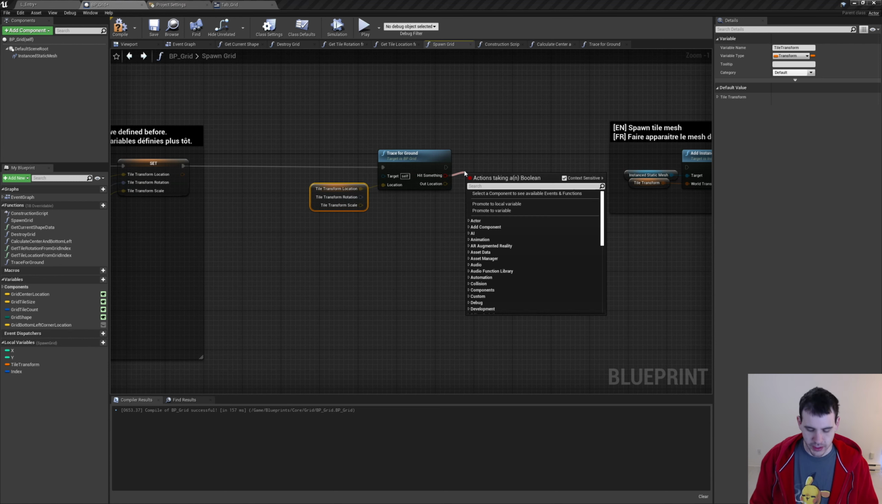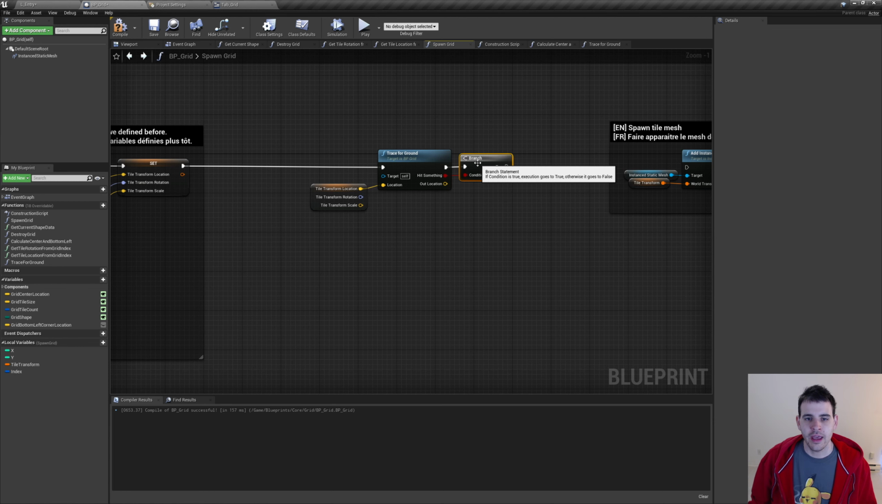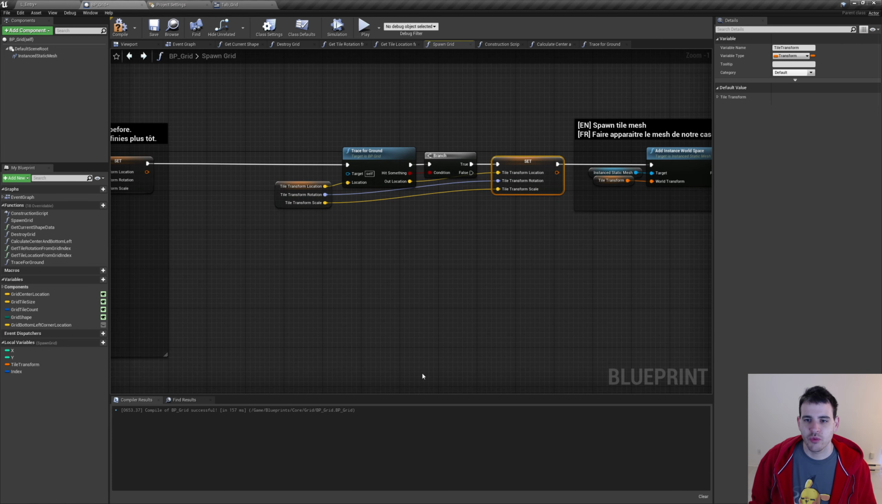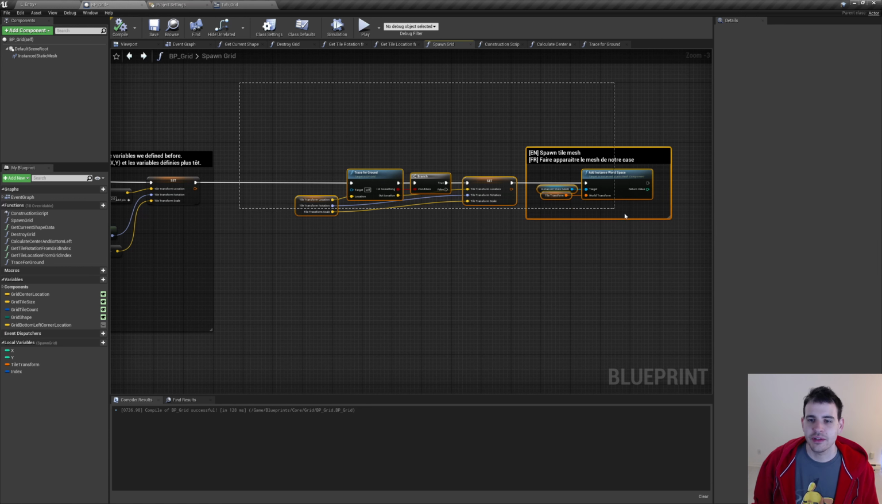Then if I hit something, I'm going to do an if right here, and I'm going to set the location again. So I'm just going to set the transform like so. I'm going to use the out location to set the new location of the tile, and then the rotation and the scale as before. And then once that's done, we can spawn the tile the same way we did before. Perfect. But now, all that is in the case that we want to scan the environment to spawn our grid,